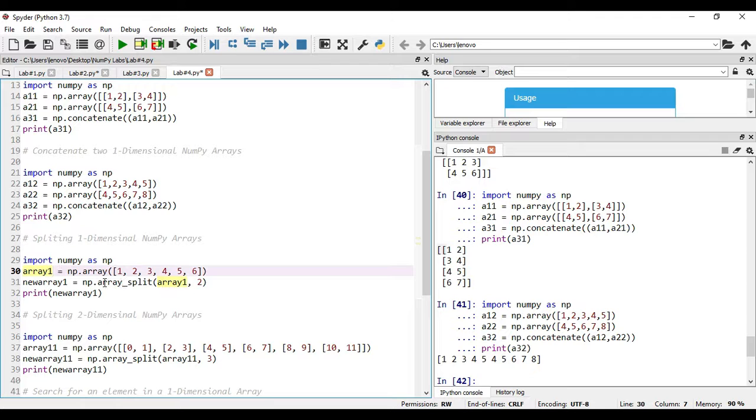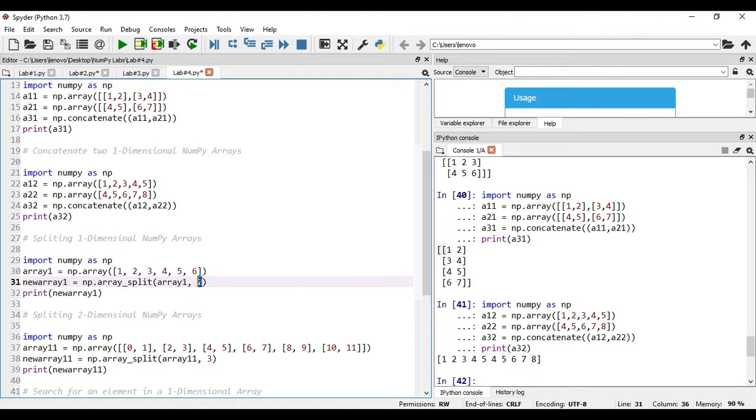And by using array underscore split function, which is going to split the elements of an array. Now this function is taking two parameters. One is array 1, which is the array, and the second parameter is 2. Here 2 indicates the number of splits to be performed. Means this complete list of elements I want to split into two parts.